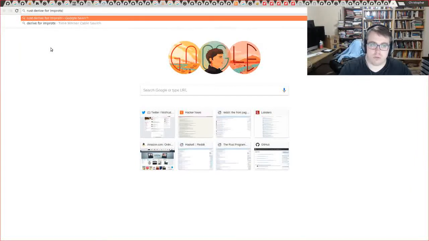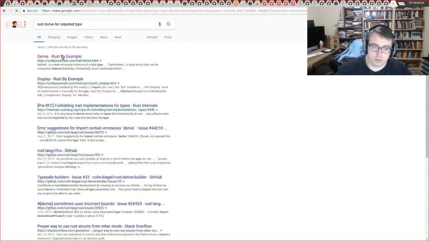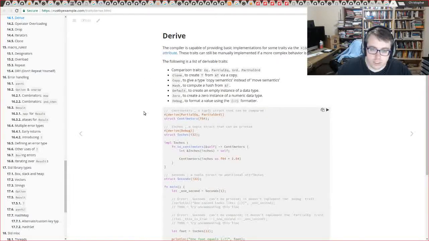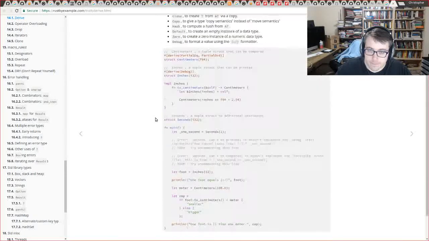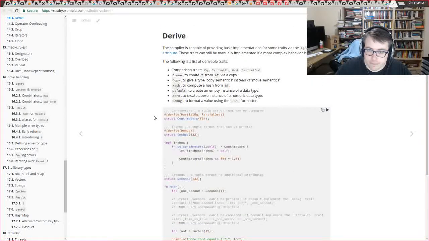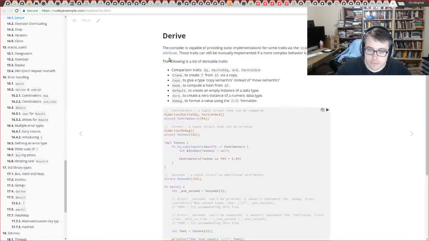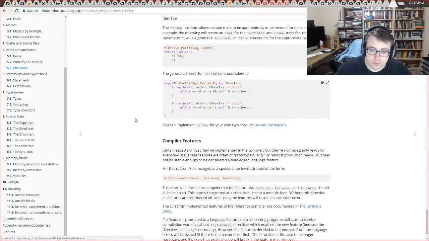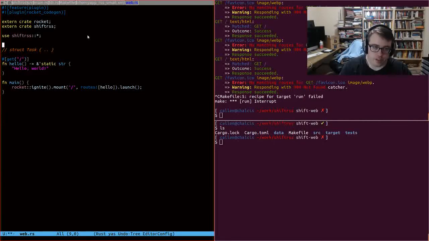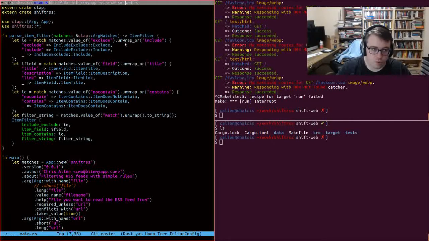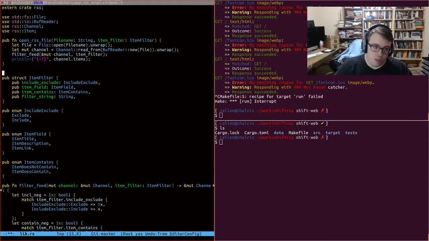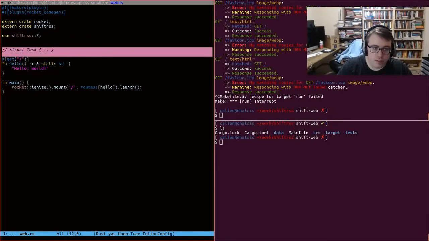Brass derive for imported type. It's not going to work. I don't allow orphans. Yeah, it's not going to work. So we're going to have to do that, and